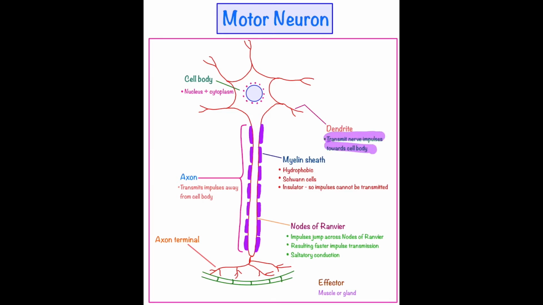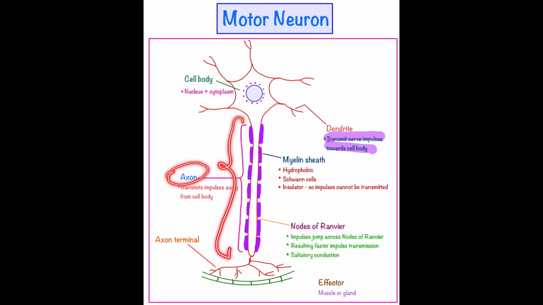Everything inside our body is made up of cells, right? These neurons are also specialized cells present inside our body. Clear? So because they are cells, they do have a nucleus. So this part is the nucleus of the motor neuron. Surrounding the nucleus, it has this cytoplasm. So the cell body is a combination of nucleus and cytoplasm. So when the dendrite receives the signal from the relay neuron, it will transmit it towards the cell body. And then the third part, which is called the axon, this entire elongated part of this motor neuron is called the axon.